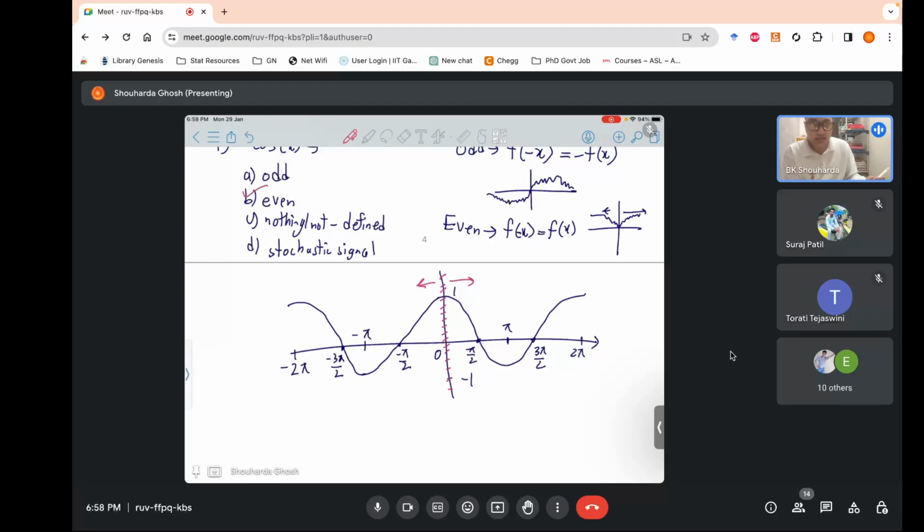Now what's a stochastic signal? Whenever I ask you to draw a cosine or a sine signal, you can always draw it. You know what this waveform is. So it's something called a deterministic signal. That means given any time instant you can always draw it. But let's say